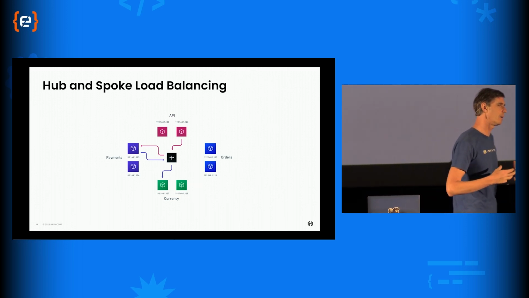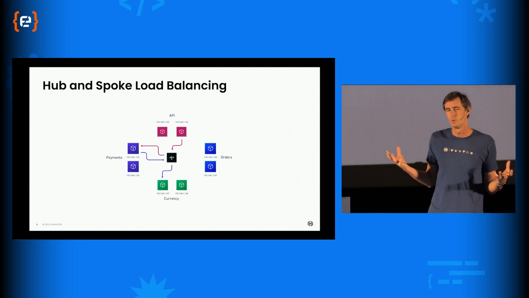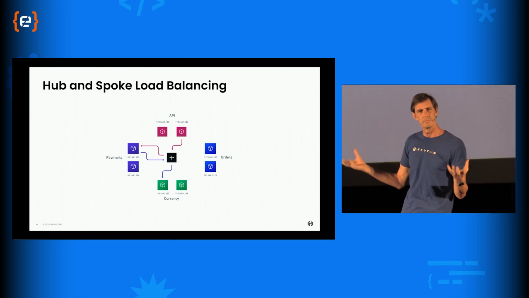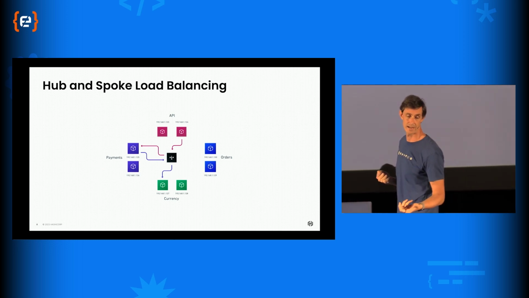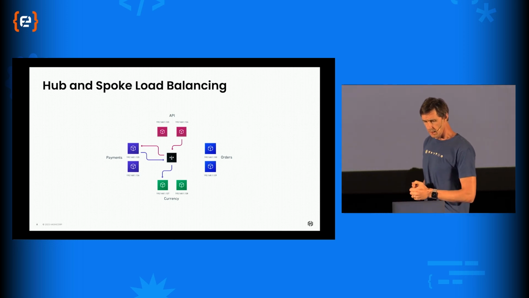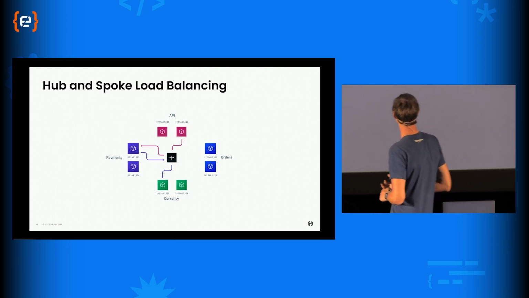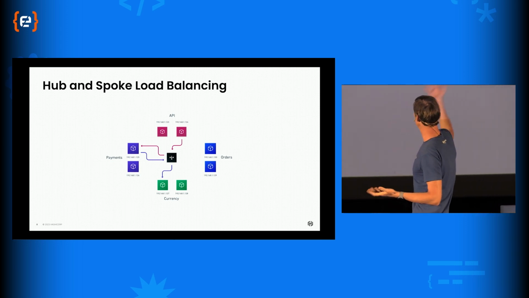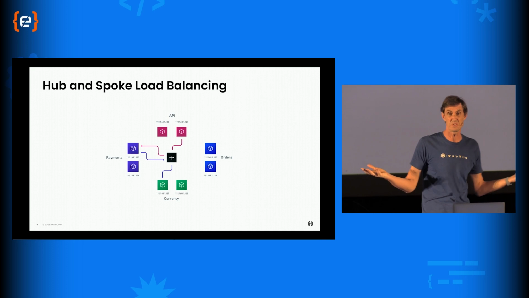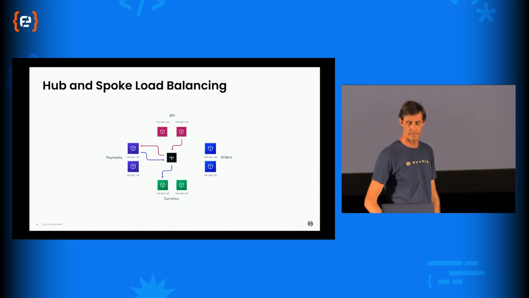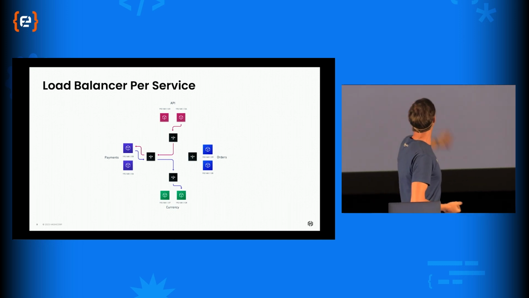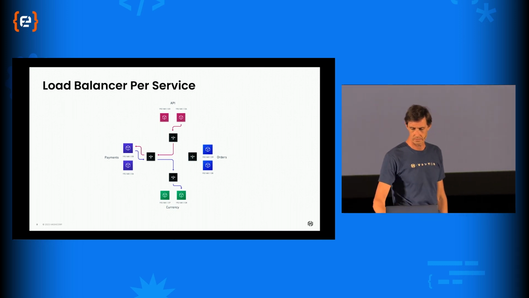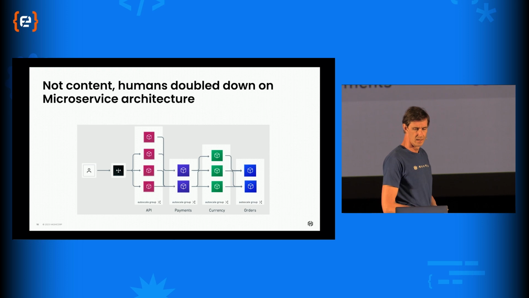We had to start thinking about how we do load balancing when addresses are changing. So we're introducing things like service catalogs. One of the common patterns, certainly something that I used, was hub and spoke load balancing. And this works perfectly well, but you do have an additional latency. And some people are like, hey, we're going with a load balancer per service, right? So you have this sort of pattern here.